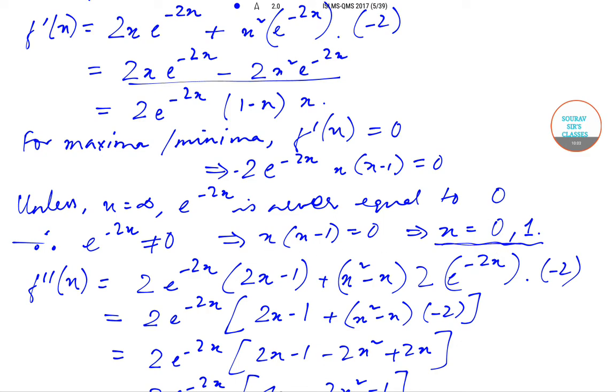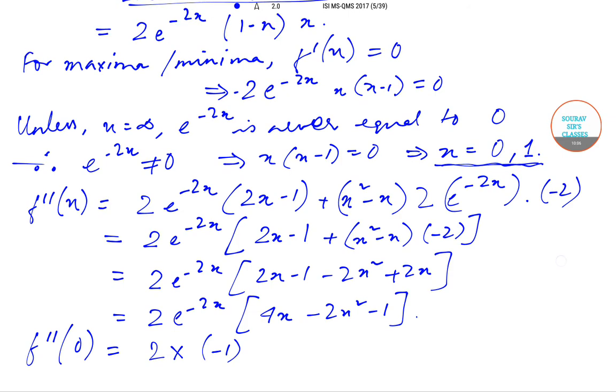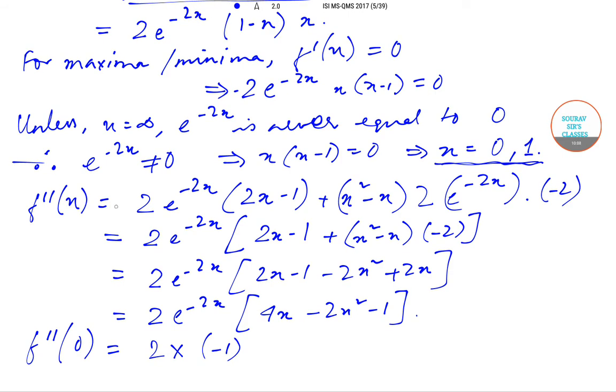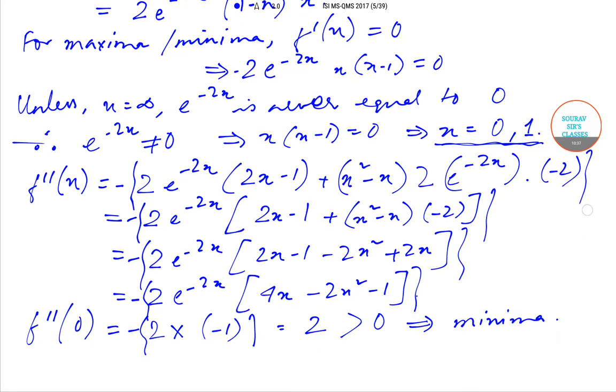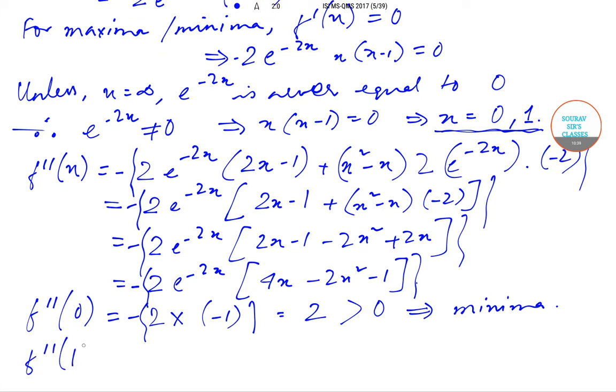we come down to x equal to 0, x equal to 1, but when we find out f double dash x, then there is a minus sign overall throughout. So that's why this will come down to 2, and thus this is greater than 0. So at x equal to 0 there will be a minima here,